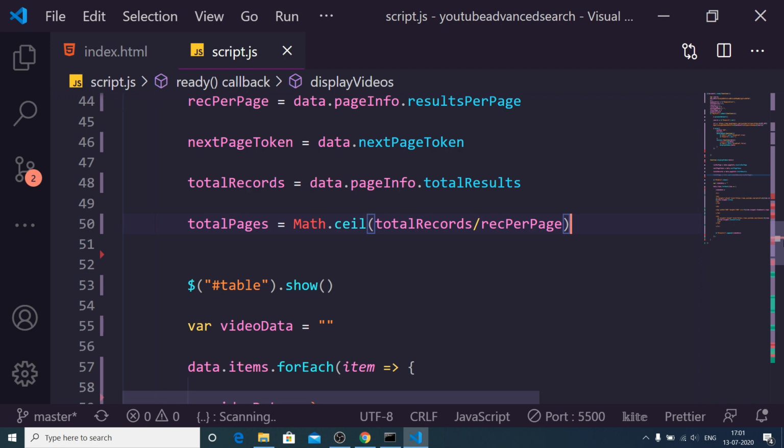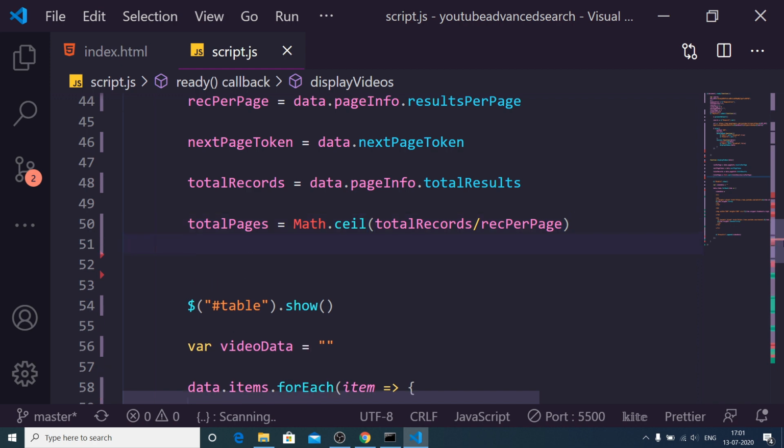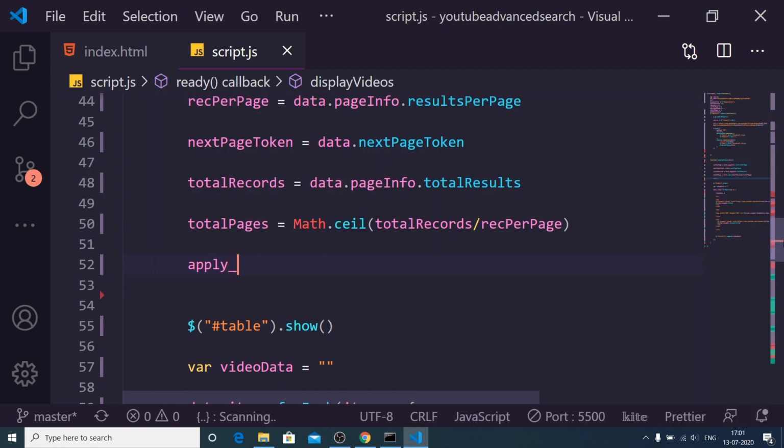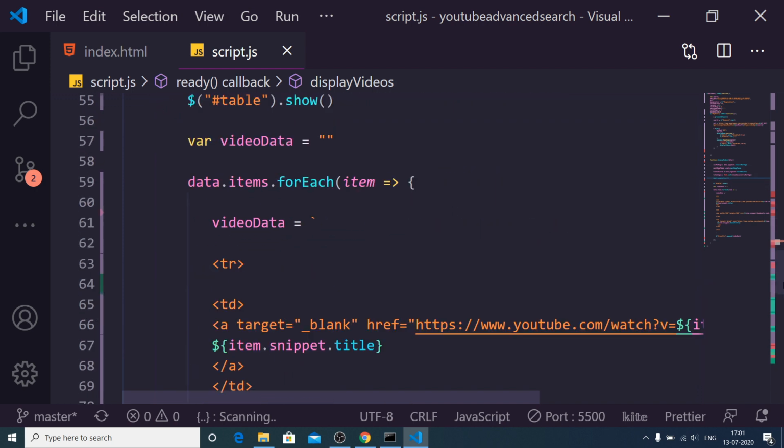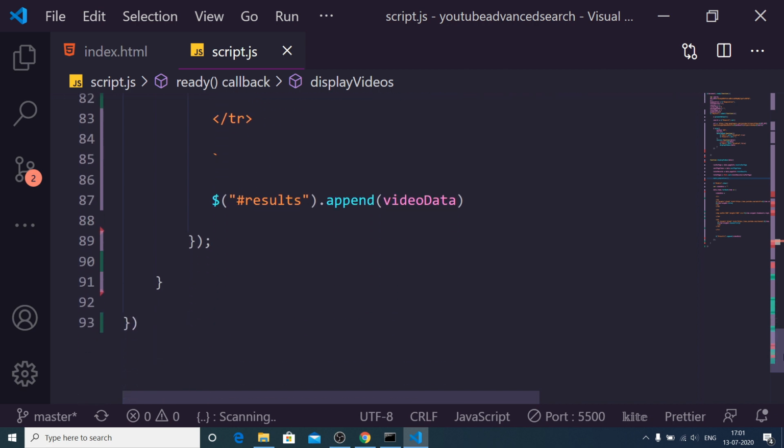So this will return this value to us, and now we need to make a separate function which will be apply pagination. That's it, guys. So after calculating all these things, we will make this function which is apply pagination. So make this function here.